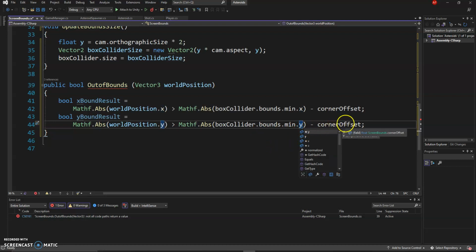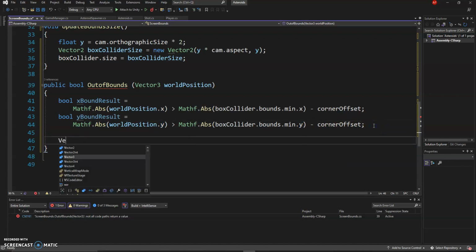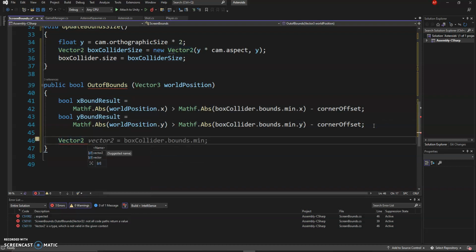And then we have to do another one here. So Vector2, this is going to be the sign of the world position. So this is if it's positive or negative. It's going to return either a positive or a negative here, sort of in the direction. So new Vector2, and then inside here,